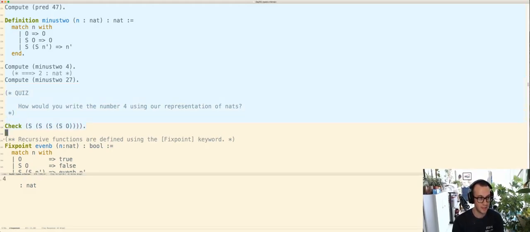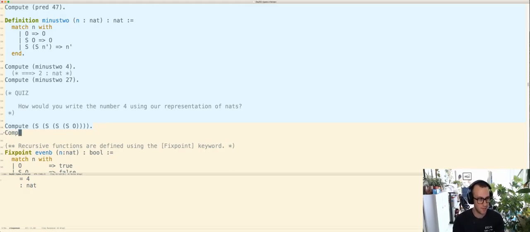Right, first we can check that it's a nat, and it says, oh, 4 is a nat. Right, if you like, we could change that to a compute, and we'll get actually the exact same answer with an equal sign at the front. So this is how you do it. To write the representation of a number n, you just want n successors on 0, and you need to wrap parentheses, right? If we asked it to do something like this,